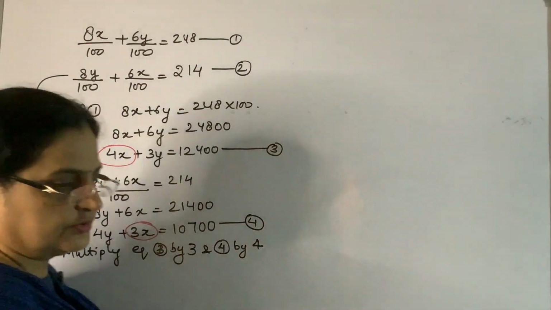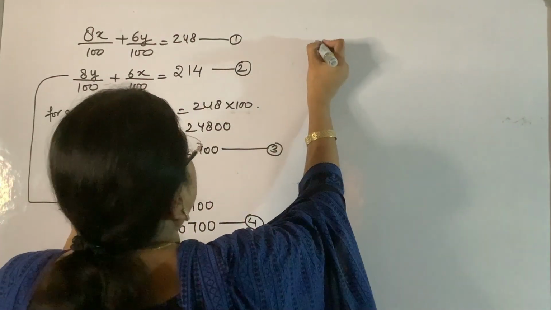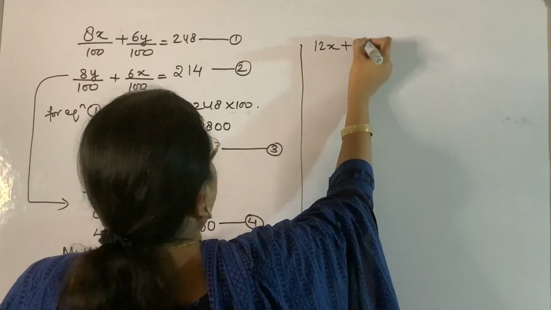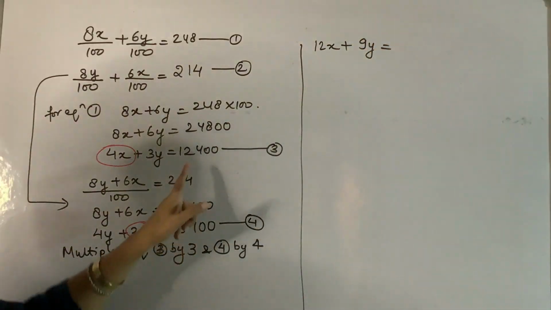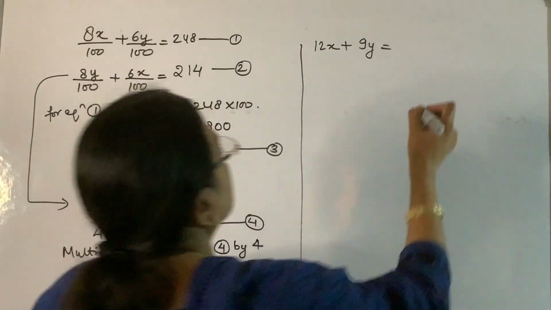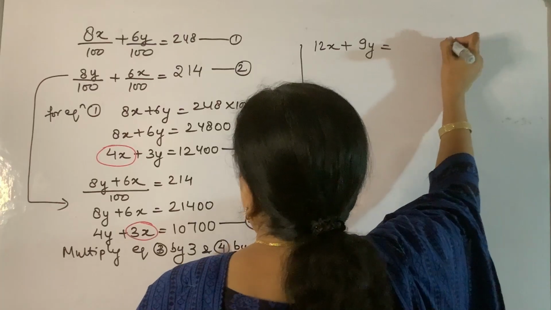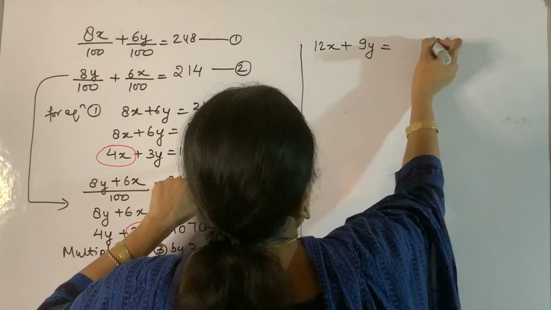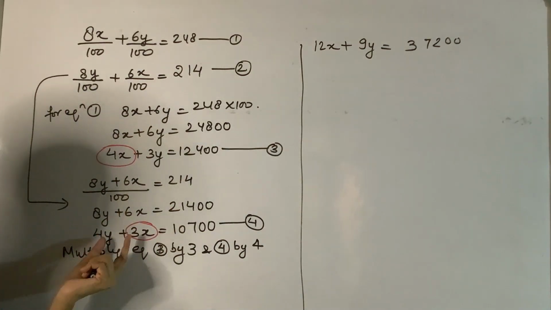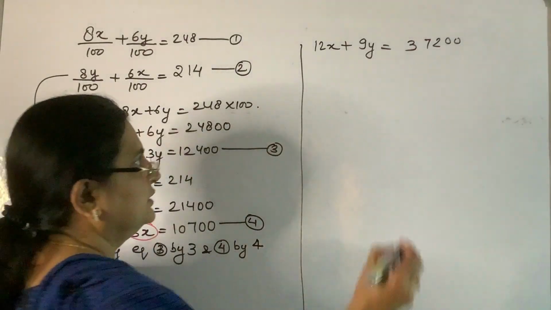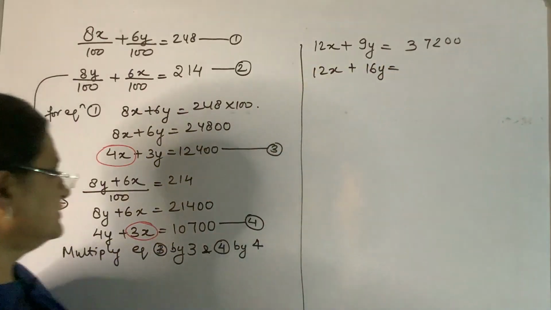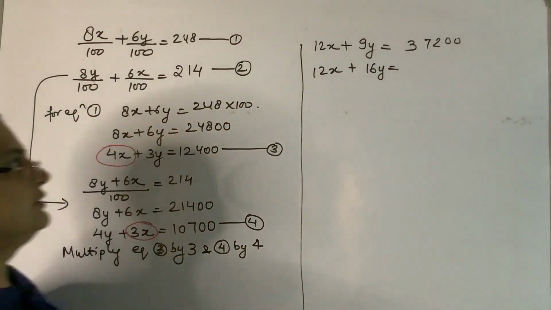Let us do this. So we will get 4 3s are 12x plus 9y is equal to, multiply this by 3, you will get 3 4s are 12, 3 2s are 6 and 1 is 7, and 3 1s are 3, 37200. Multiply this by 4. You will get 12x plus 16y is equal to, when you multiply this by 4, you will get